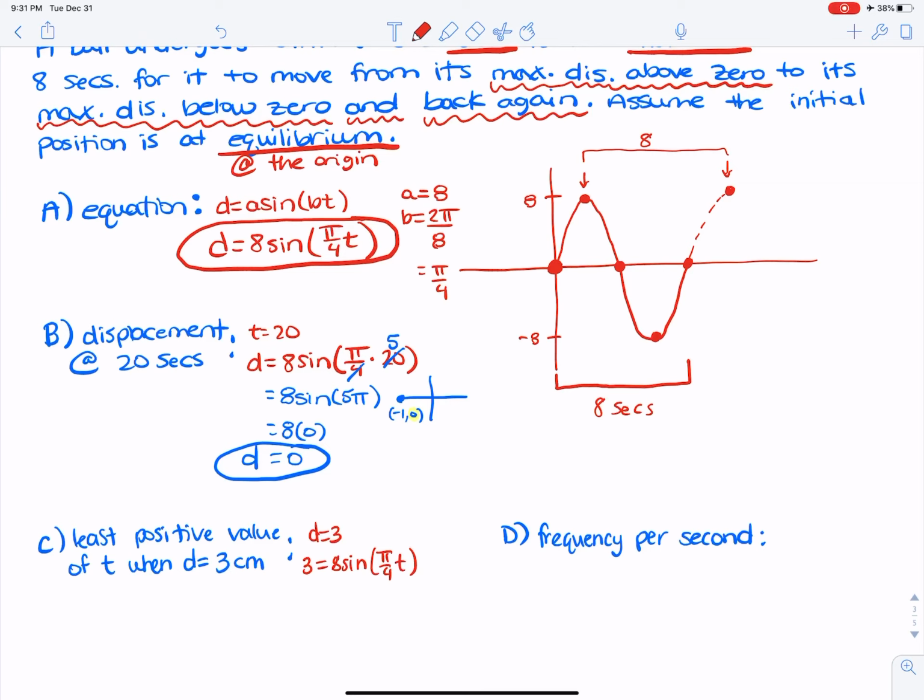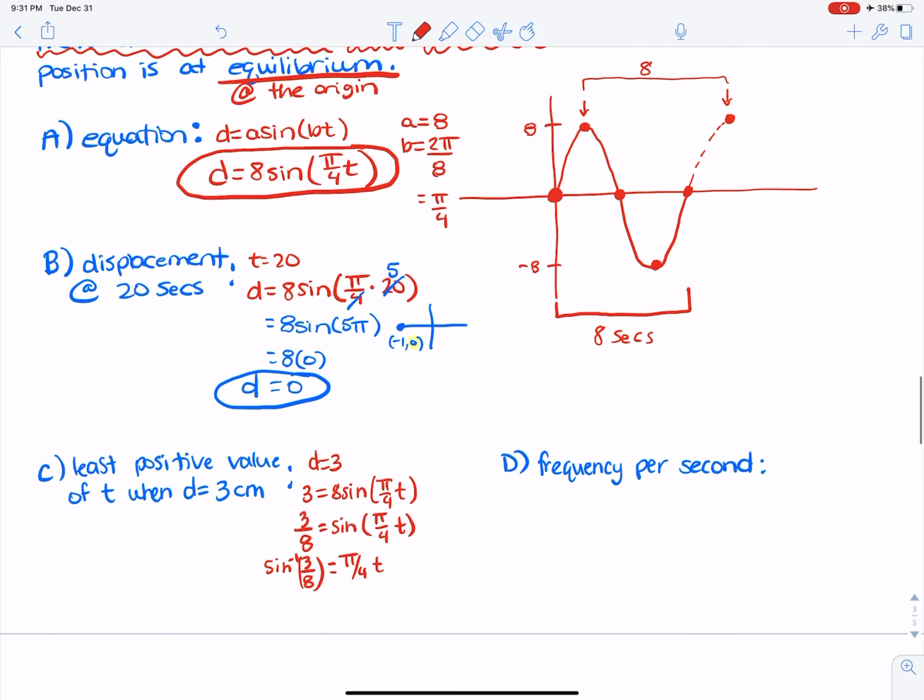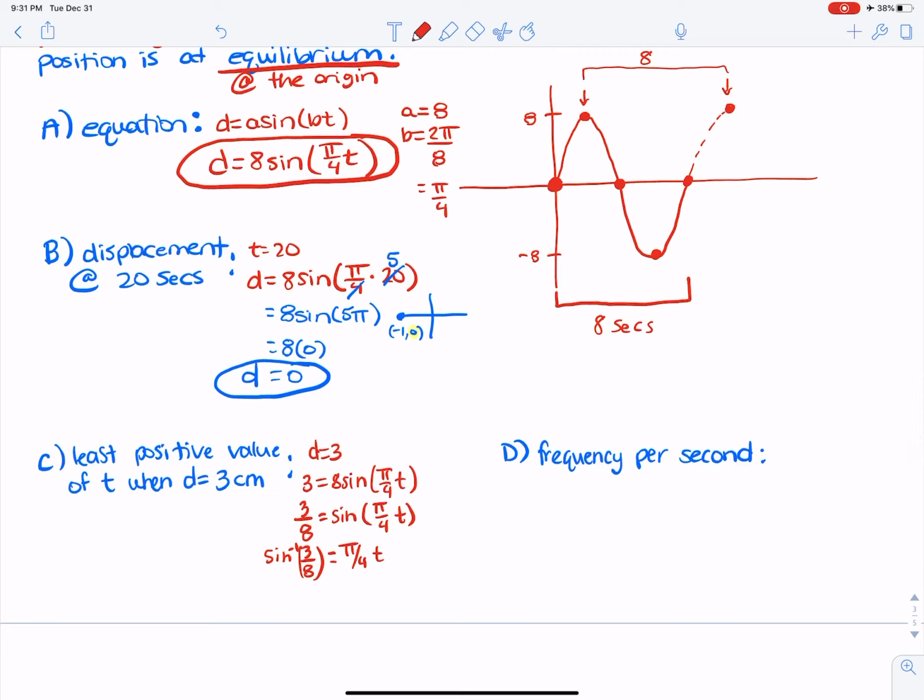Well, we have to solve for t, which means we're going to have to do a little bit of calculator action. Why? Because we're going to have to take the sine inverse. And sine inverse is saying, what point on the graph has the sine 3 over 8? So make sure you put it in your calculator in radians, and you end up getting